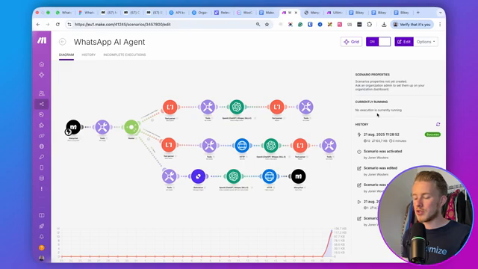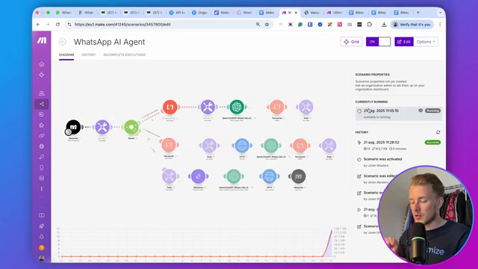So if an execution is currently running inside Make, you can actually see it over here. And I can also see what happens at what particular point in time. So now we basically need to wait for 1 minute. And then once we have done that, you will see that this will be triggered. So now you can see that this is triggered, and you can see that it found an image and that